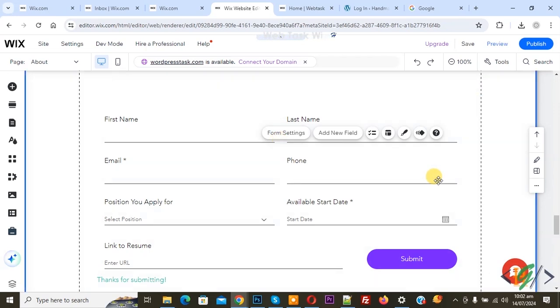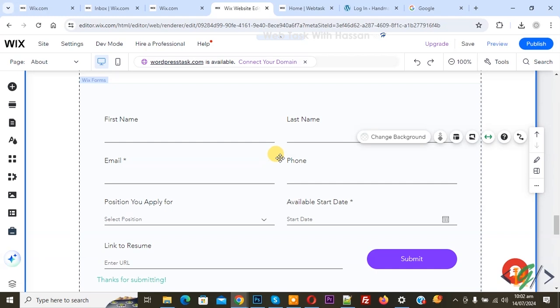Bismillahirrahmanirrahim. Assalamu alaikum. My name is Hassan and today we are going to change email address in Wix form in